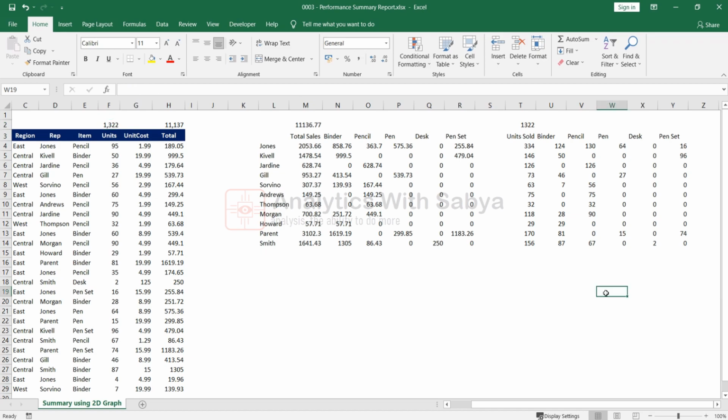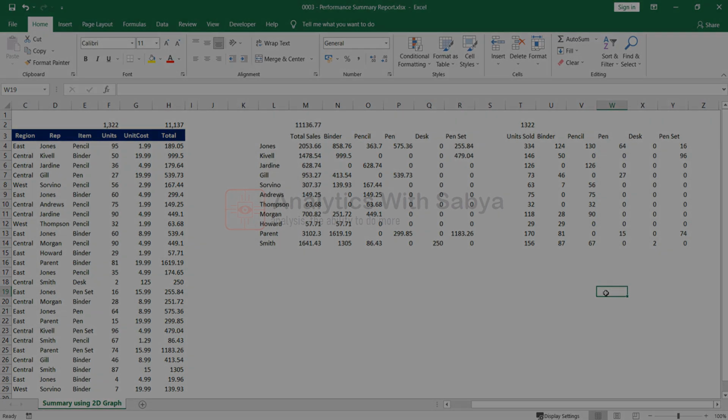So this is part 1 of the entire process where we have collected all the numbers to put in a table format so that we can now move ahead and put it in the graph. Getting the data ready and arranging it in a proper order is the first step, which we just saw. Also at the same time, it is very important to validate the data which we have right now.